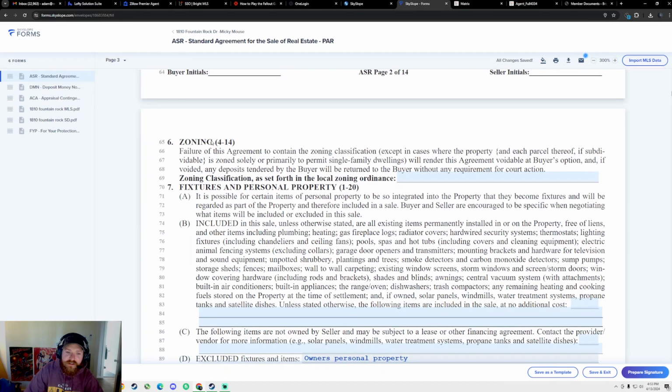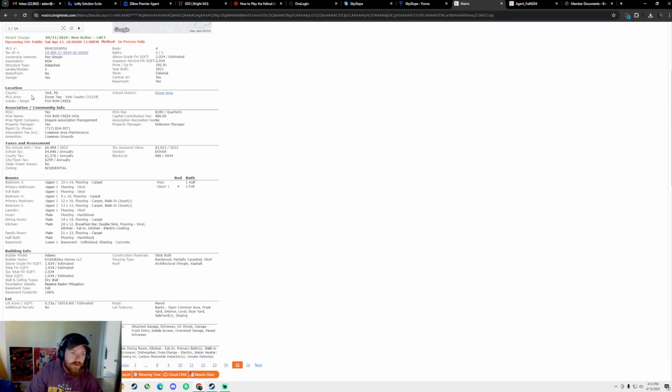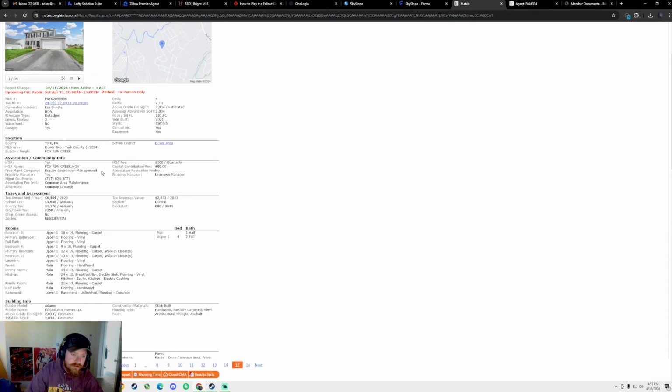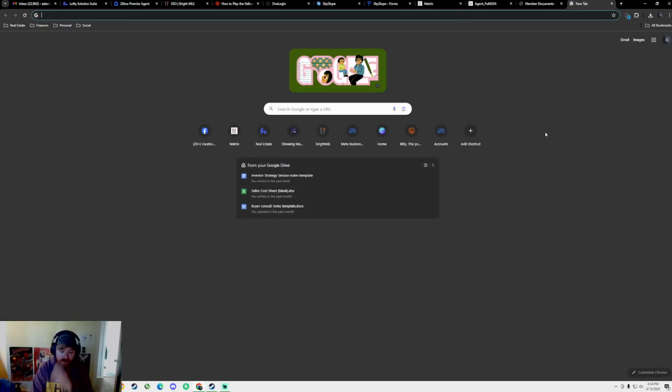So that takes us down to the next portion, which is zoning. Okay, so this one's pretty important because a lot of people just go here, and they just go down here, and they go, okay, what do we have in here? We have residential is the zoning. They go, great, it's residential. But I will tell you, a lot of times it is incorrect. Even if it is residential, it's usually like R1, R2, R3, but you want to get more specific on that. So the way that we're going to do that is we're actually going to head over to Dover Township's website, okay? So we're going to go Dover